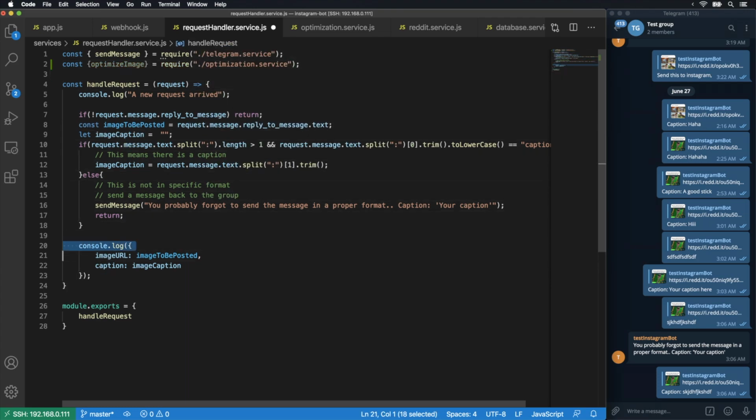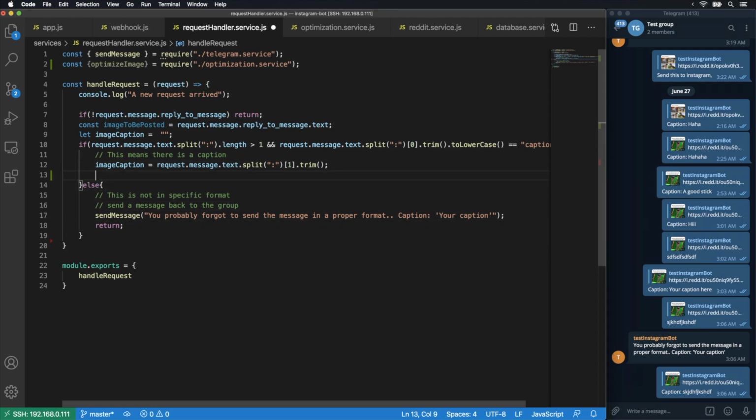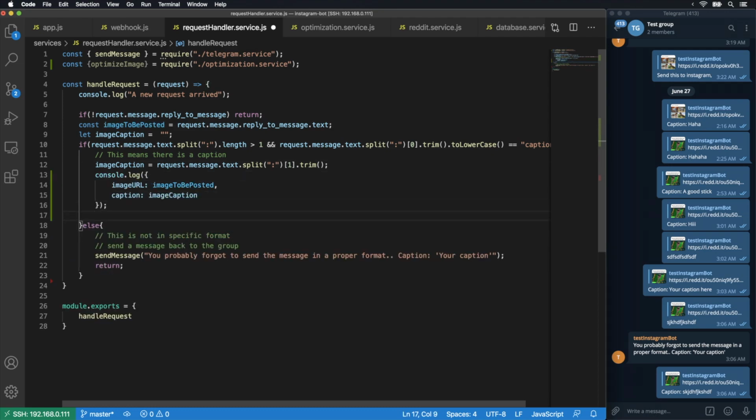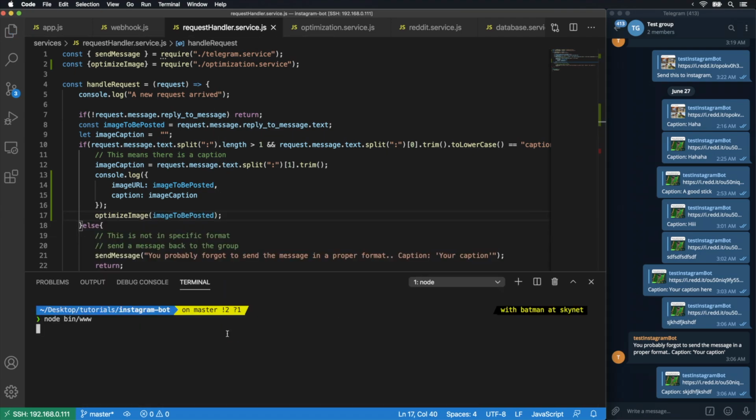Now let's move this part of the code from here to the if block. Now let's call the optimize image function. So optimize image and the image to be posted, which is actually the URL. So this should work. Let me start the server. So I've started my Node.js server,